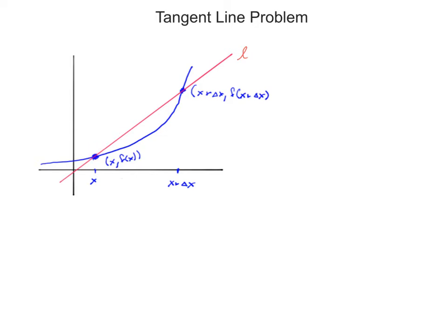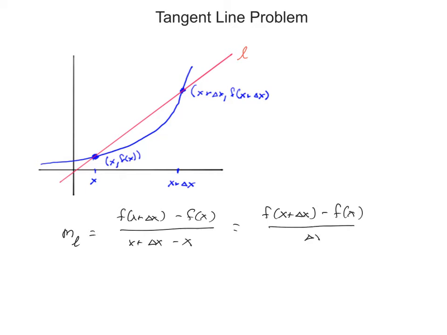Well, to do that, we need our slope. So the slope formula in this case, our slope of that line, slope of line L, is just going to be the change in y over the change in x. So it's going to be f of x plus delta x minus f of x all over x plus delta x minus x. And when I simplify that, I will get f of x plus delta x minus f of x